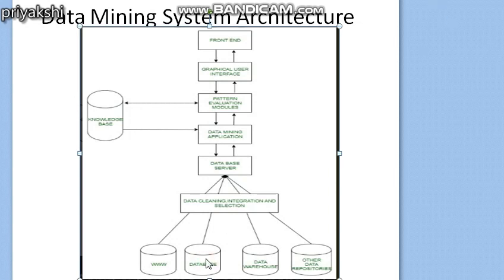The second kind of database that we can talk about is the relational database. We already know that a relational database includes a set of tables containing values of attributes, and that SQL is the language used for retrieval and manipulation of the data stored in these tables. So we can also apply data mining algorithms to relational databases.